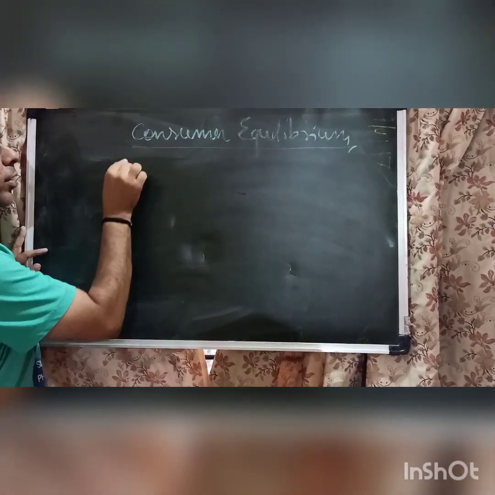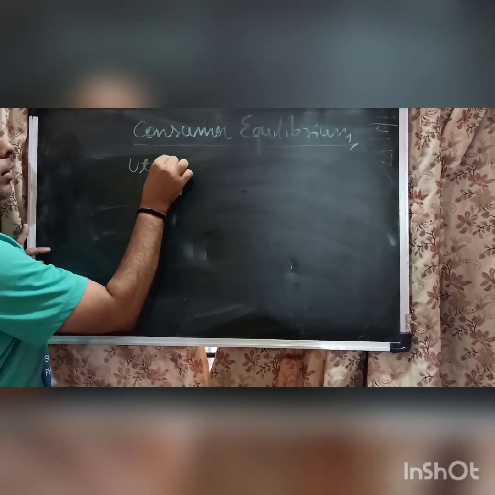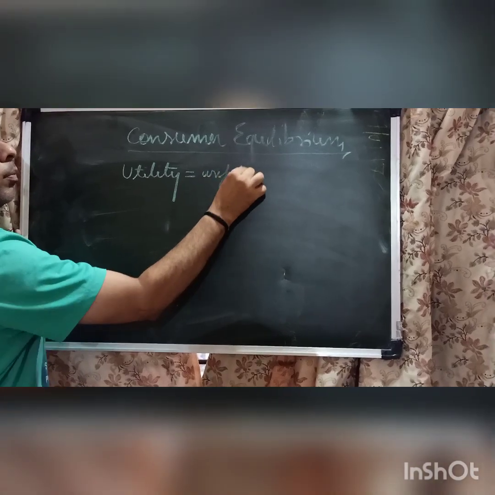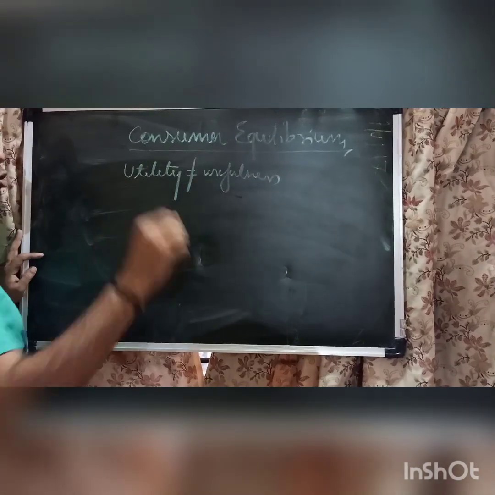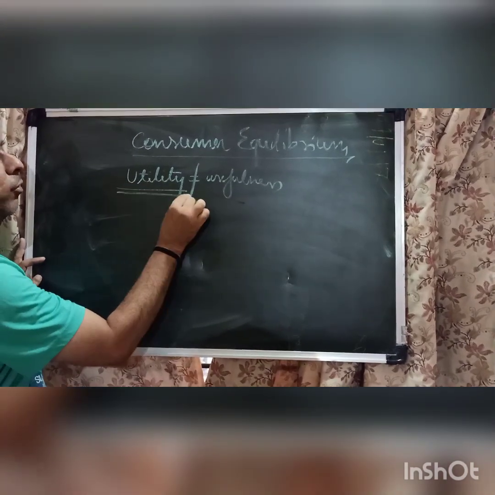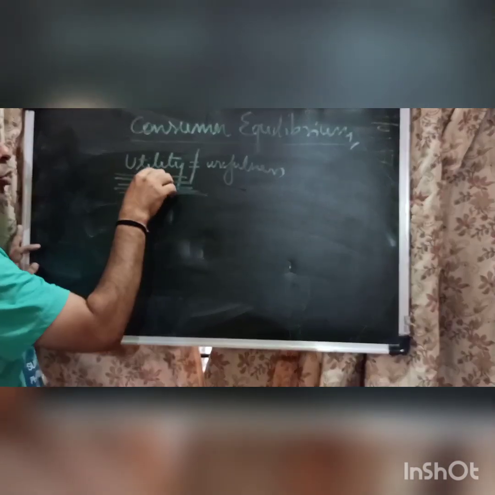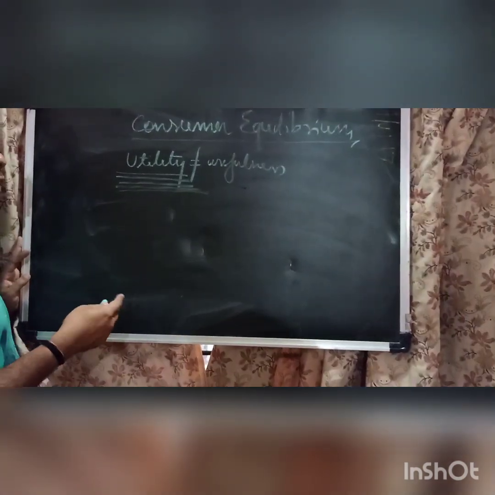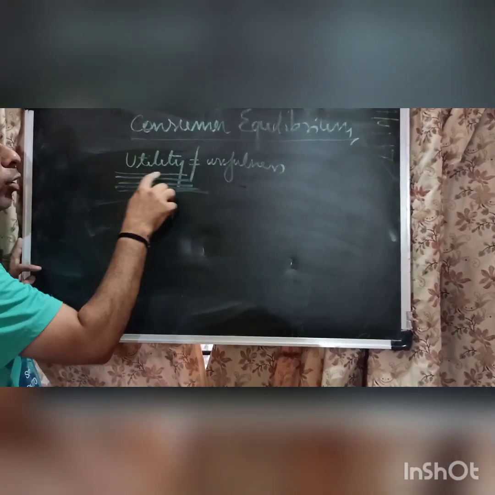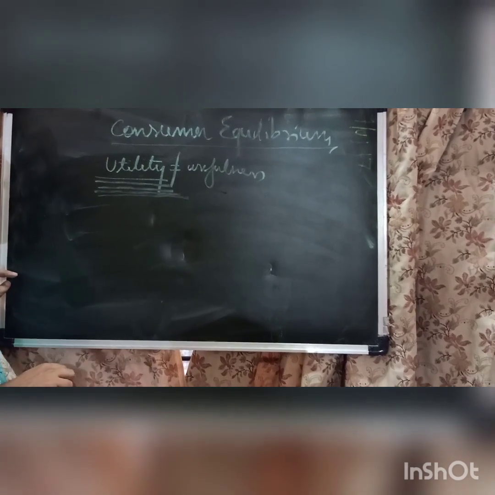So before that we will study what is utility. Many people say that utility is equal to usefulness, but it is not equal to usefulness. Utility is something which is derived out of your satisfaction level. It is also known as want satisfying power of a person. So utility derives out of your level of satisfaction, how much you can get out of your income.